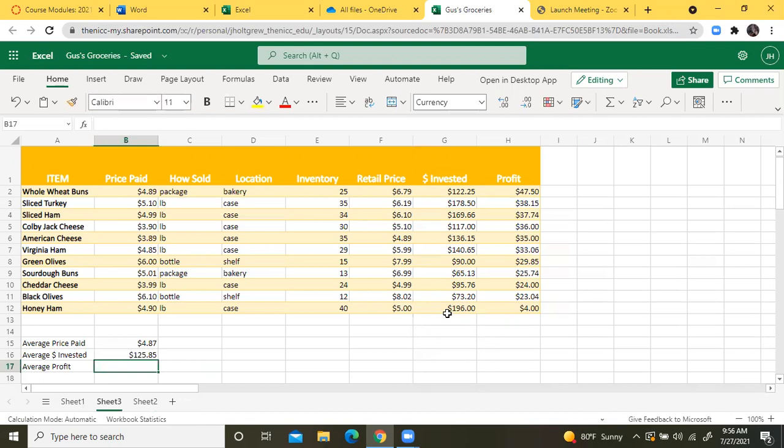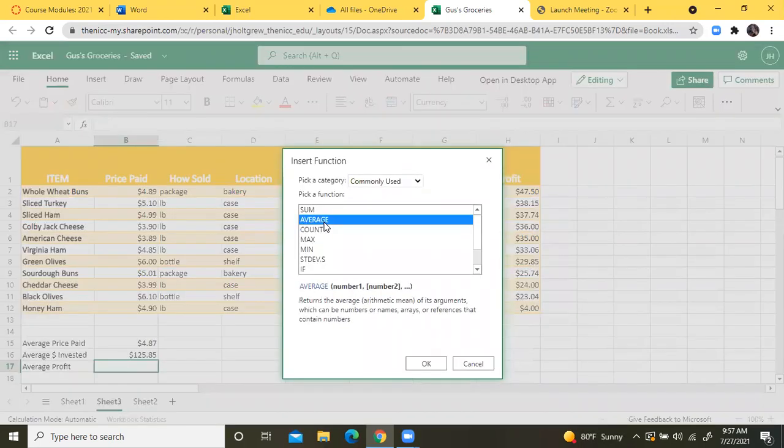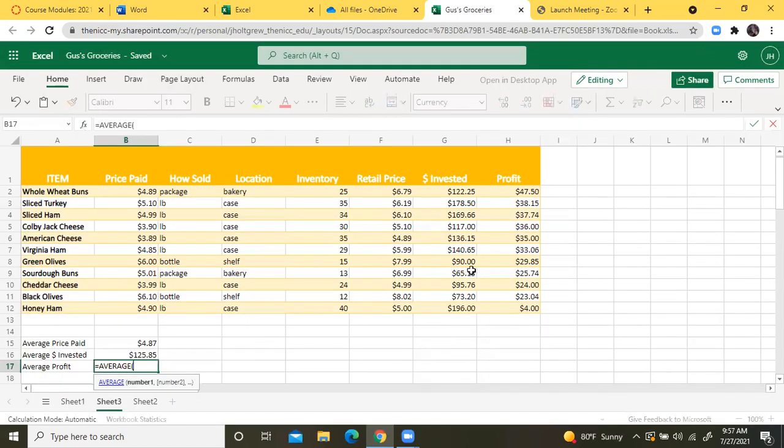Because this information was formatted as currency, my money here is formatted as currency. And if it had not been, you already understand how to format that into currency. The average profit, I'm going to do the same thing. I'm going to grab up here, average, and then the average profit is this column,